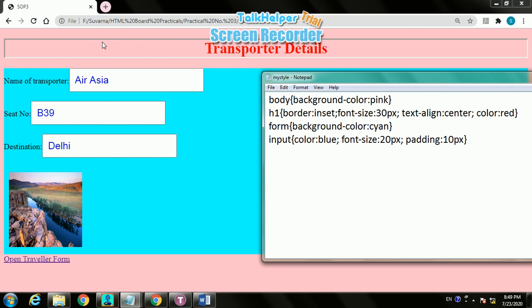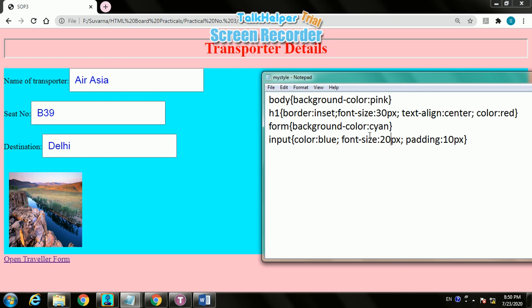Here this border is of inset type. You can change it. Check its pattern, it is inset. Then font size is 30 pixel. This data, transporter details, has font size 30 pixel. Text align is center and color red.